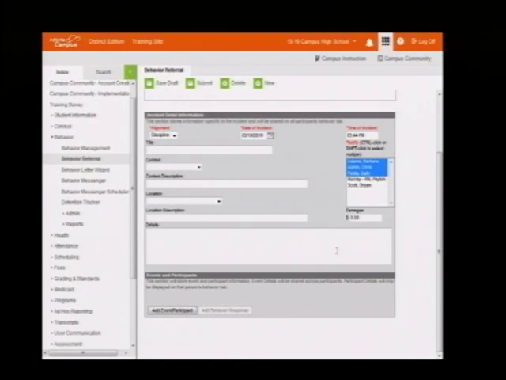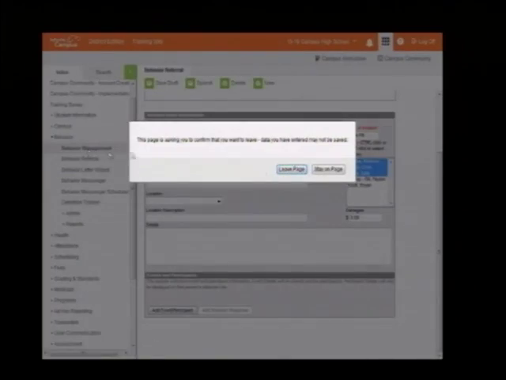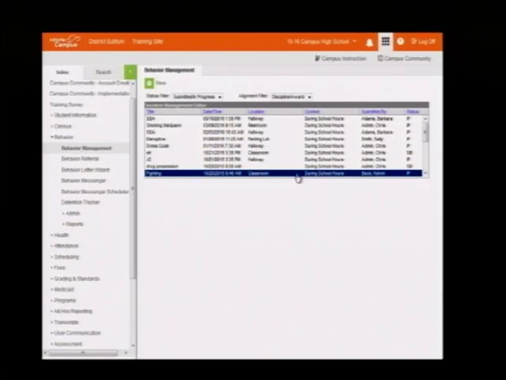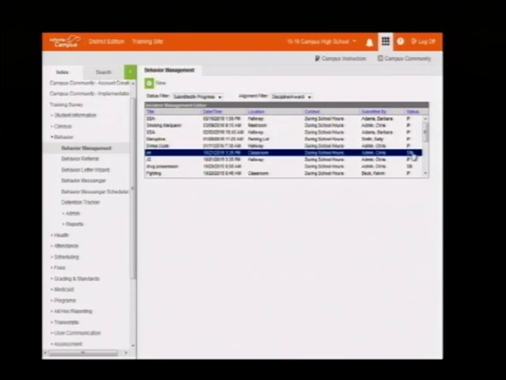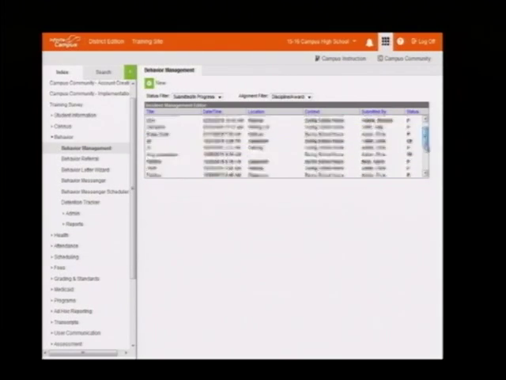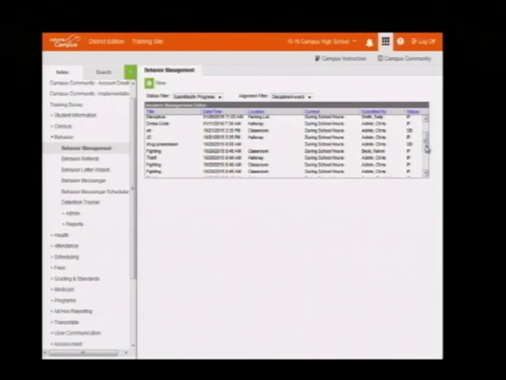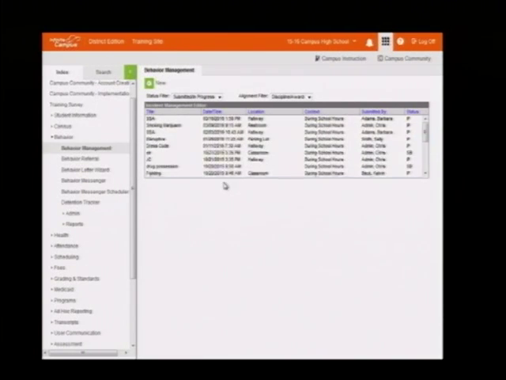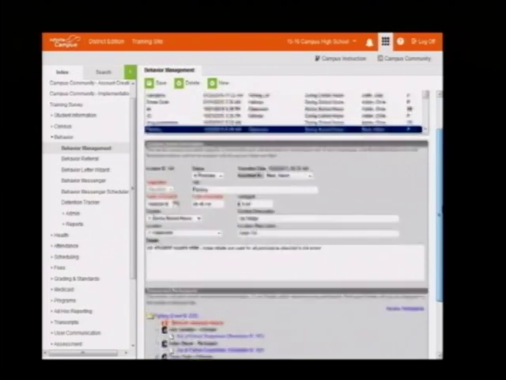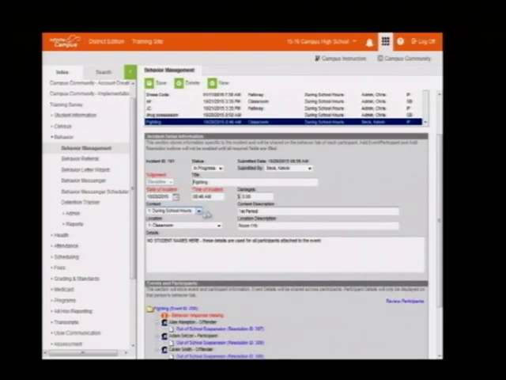Okay? The way that looks for the administrator is they just see a laundry list of all of the events that are in the system. And you see I have those that are in progress right here. I have those that are submitted. May have one that's completed. No, I don't have any that's completed. But the idea is I will be able to see them as completed as well. If I go here and click on an event that was submitted, I see all the details around that event, where it happened, and this is the incident information.